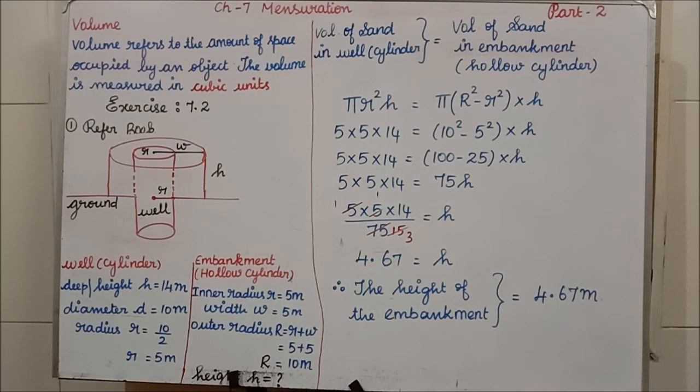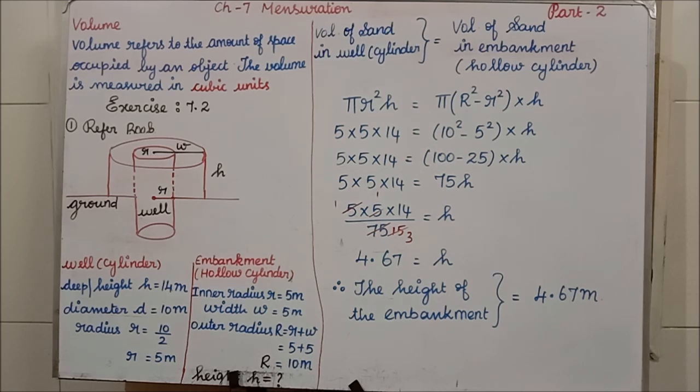Students, for this exercise 7.2, for all the questions you are going to refer to your maths book. For each problem, refer to the question in the book itself; I will not write the question on the board. Now take your book and see exercise 7.2 first problem. I am going to read the question now. Listen to it carefully.